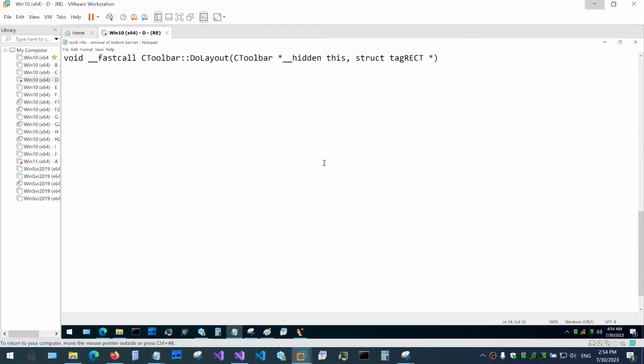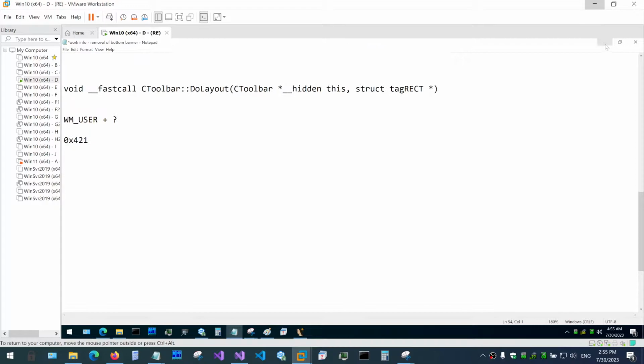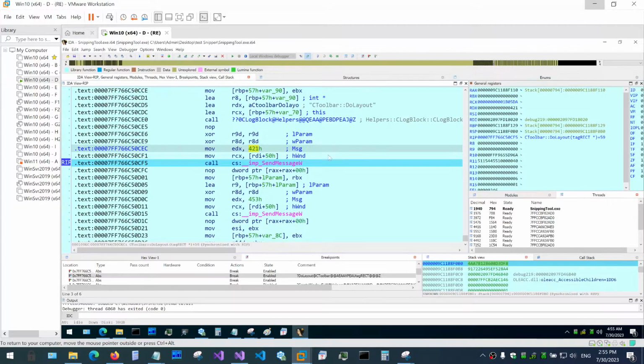So let me do it here. It's WM_USER plus something, and what we're looking for is this. To understand it a little bit better, we need to look at this window. So what is this window? In other words, where are they sending this message to? So let me get RCX and just copy it